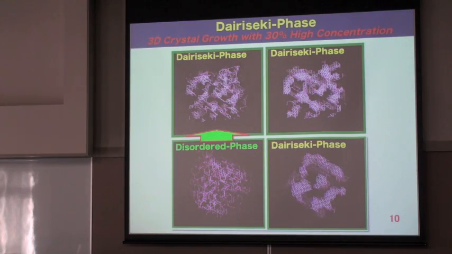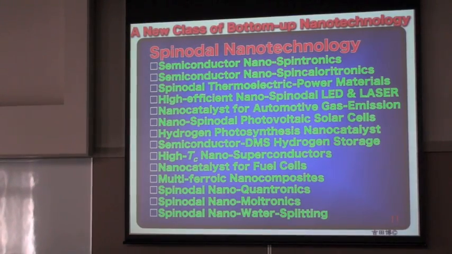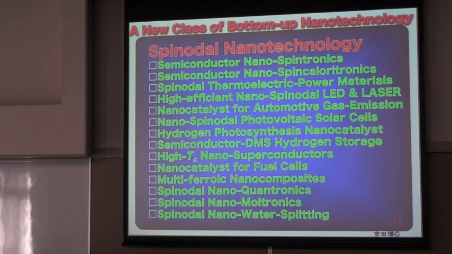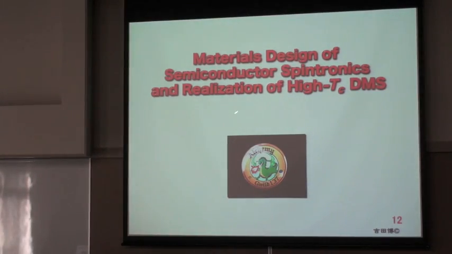Today, I would like to discuss semiconductor spintronics. Okay. Then this is a very important thing. Using this kind of new class of bottom-up nanotechnology, we call it spinodal nanotechnology, you can make a very small nanoparticle using the spinodal nano decomposition. Then you can design the catalytic system. In a catalytic system, we need nanoscale size. If the size becomes larger, it completely loses the catalytic functionality. And we have many kinds of applications I'm working on now. But today, I would like to discuss the material design of semiconductor spintronics and the realization of high TC